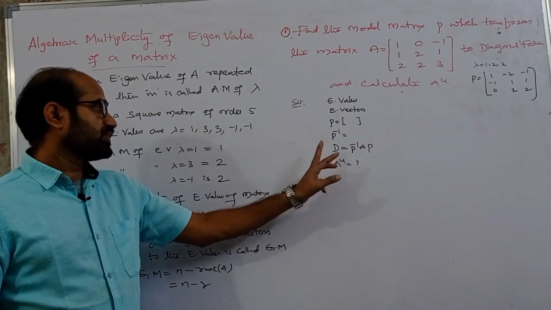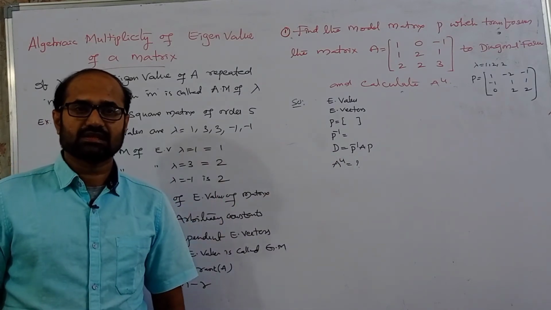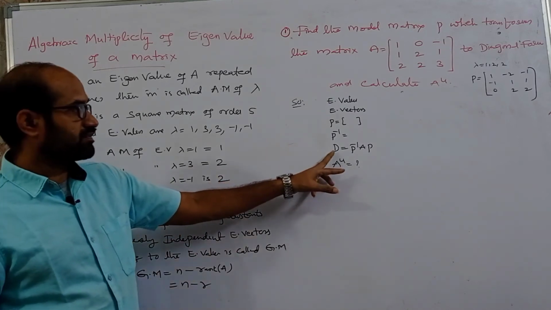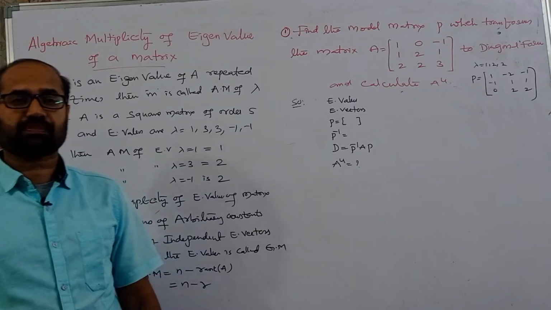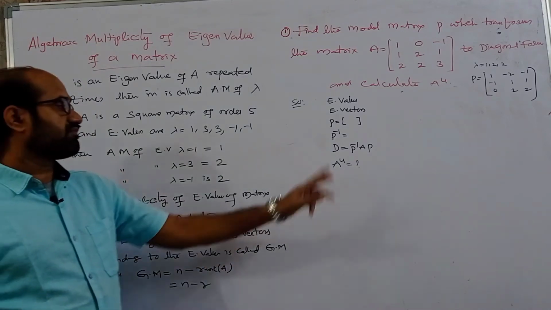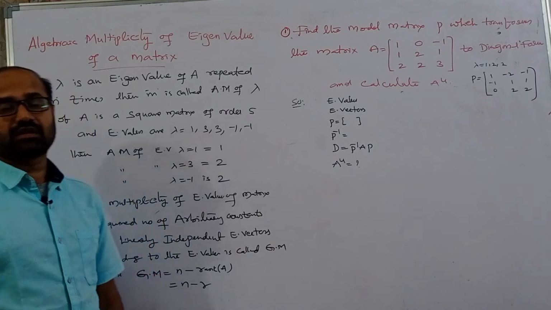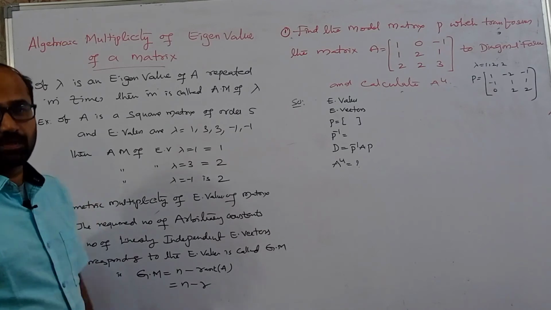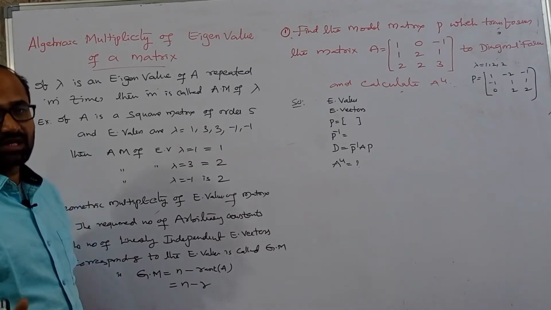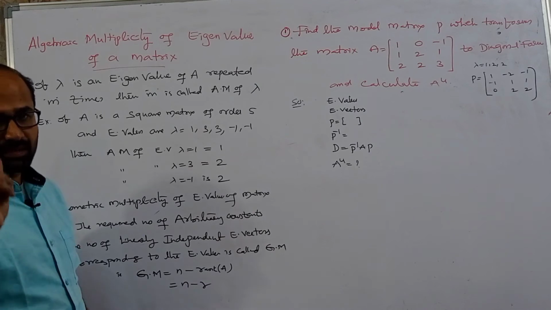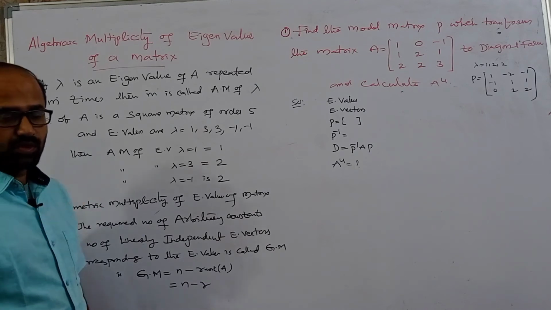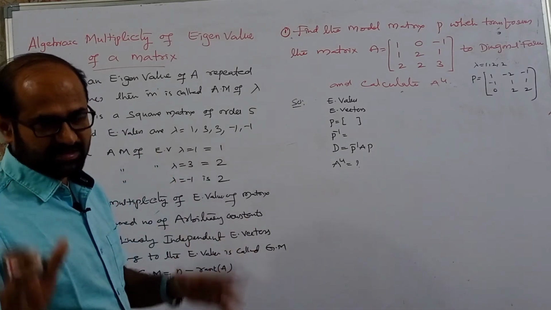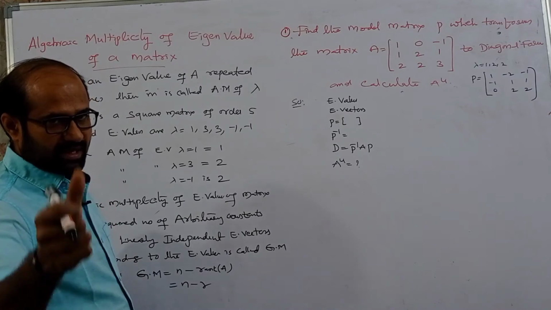And after that you can find the diagonal matrix D, where the principal diagonal of D are eigenvalues of A, and from D you can find the powers of A, A power 4 or A power 3, whatever it may be. So this video is very important. So watch concentrately, give half an hour time for this. Please take pen and paper. So put all your work aside and concentrate. Okay friends? Right. So don't waste your valuable time. Let's get into the class.